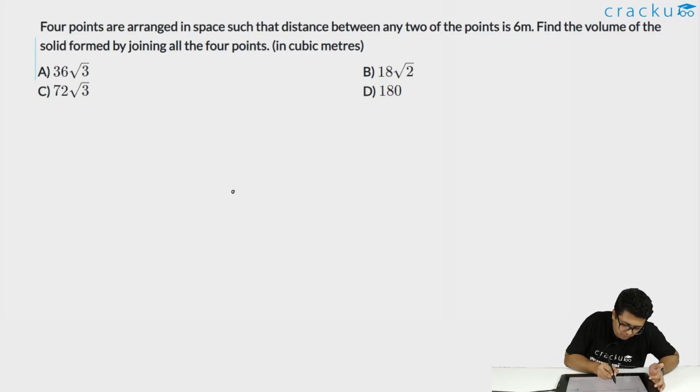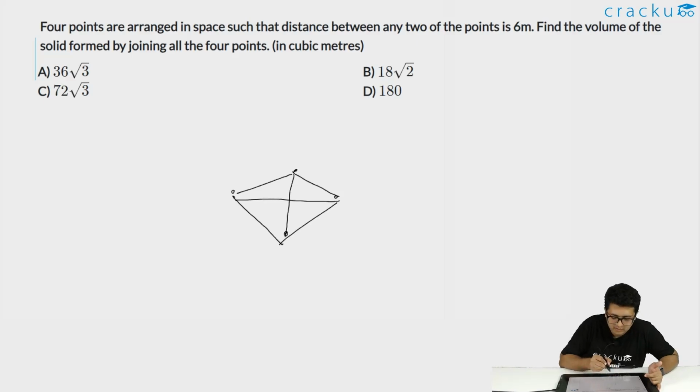So there are 4 points all equidistant from each other, right? I can't draw in three-dimensional space, but with a fair amount of imagination, right? This can be the base, and let's say this is connected here, this is connected here, and this is also connected here, right? So we get a shape of 4 triangles, right, basically,